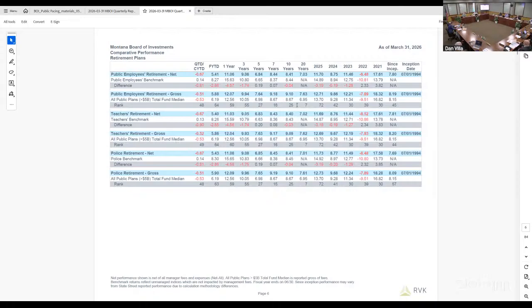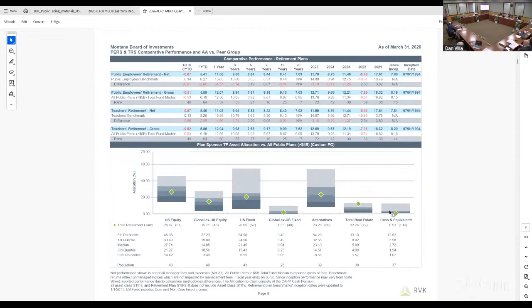If you'd like to move ahead to page 9, we'll look here at the structure compared to your peers. We're looking at the 2 large retirement plans, and this is the same return information that you saw before. The main point of showing you this page is just to show you how peers are allocating compared to your asset allocation structure. So on page 9 at the bottom, the green diamond shows you where you are relative to peers. And we've got various shades of gray that show you the various quartiles of how peers are allocating.